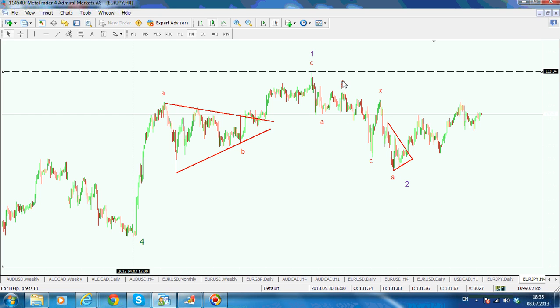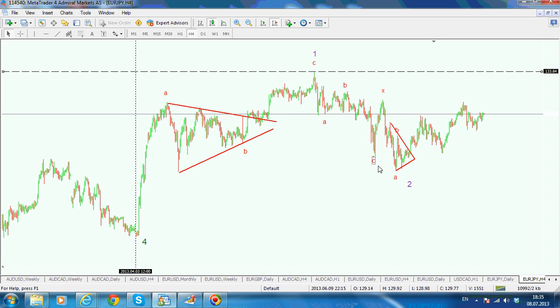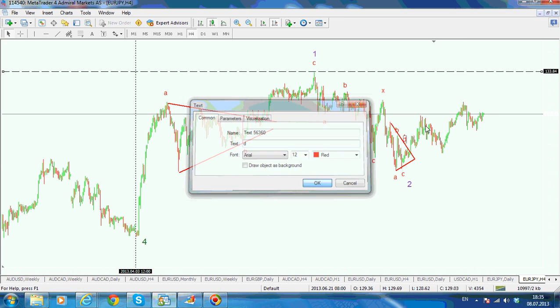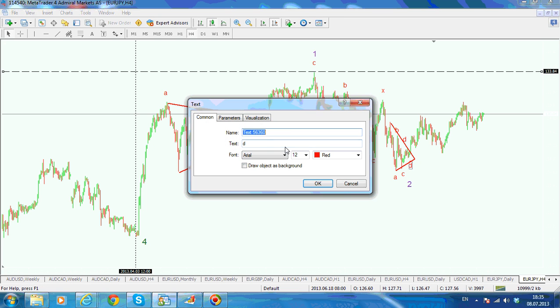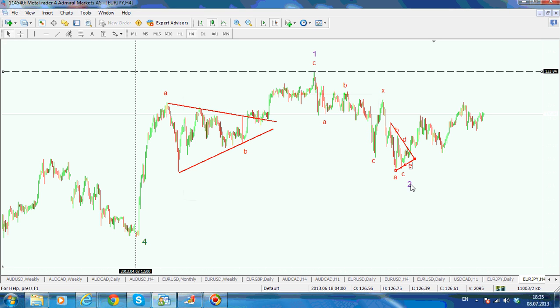So A, B, C, D, and E, so A, B, C, D, E here, and there you go, we have the second wave that ends here, so in the form of 3. So you have 3 waves for the first wave, 3 waves for the second wave here, and now we're looking for another